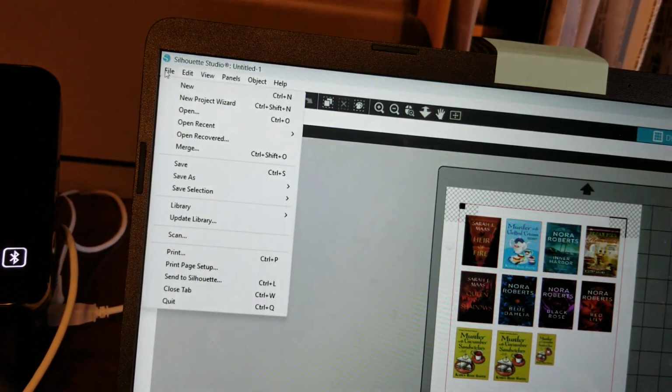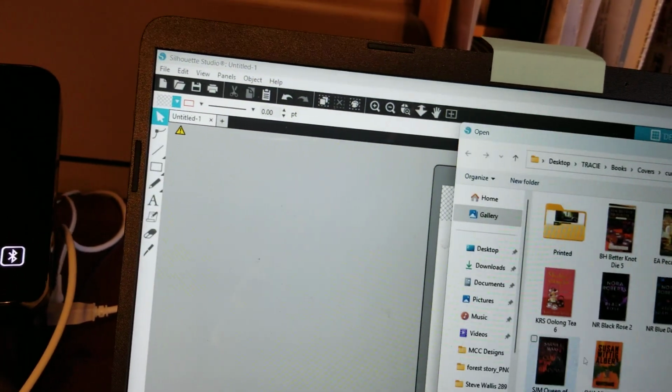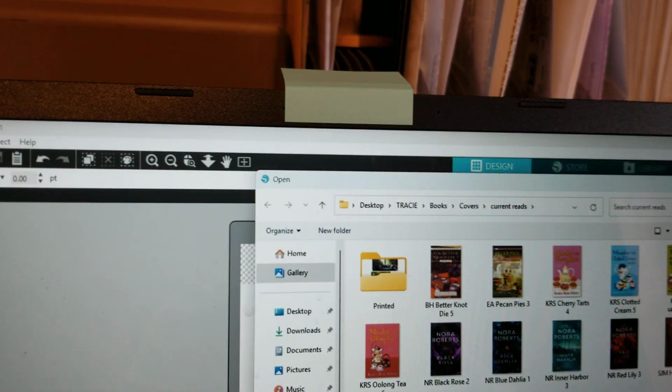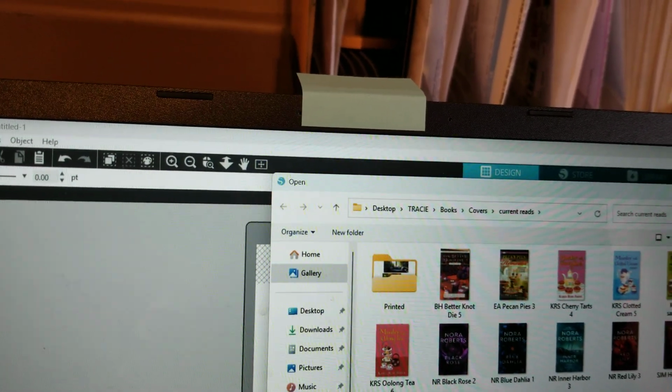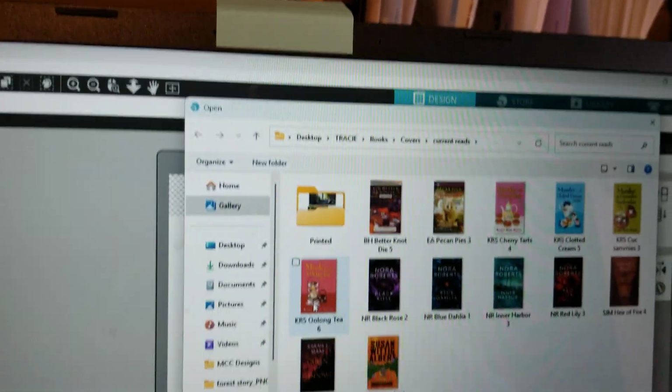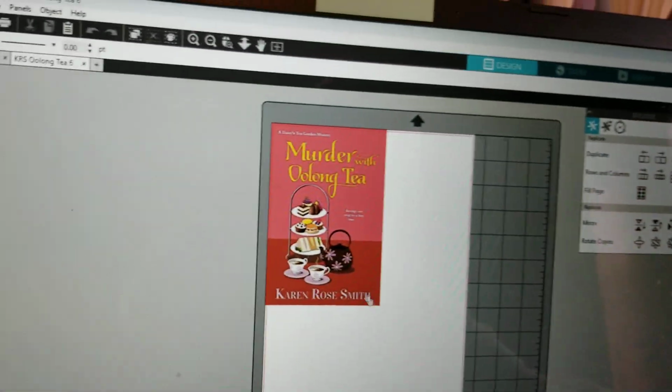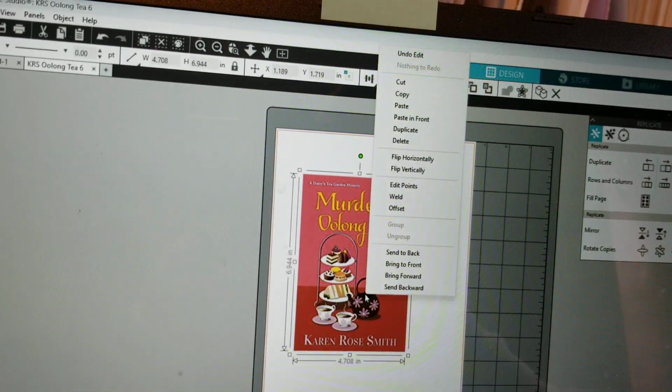We're going to go up to File, Open. The next one I need is, let's see, I have Cherry Tarts Clotted Cream. Actually, I did save the Oolong Tea one. That's the one we saved together. So we're going to click on that, hit OK. Here it is. Again, right click,